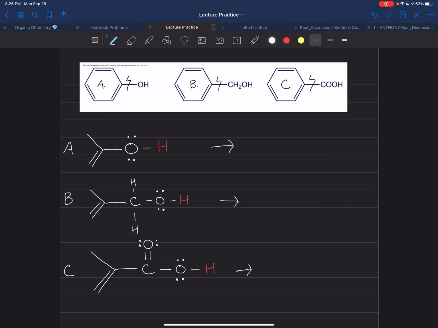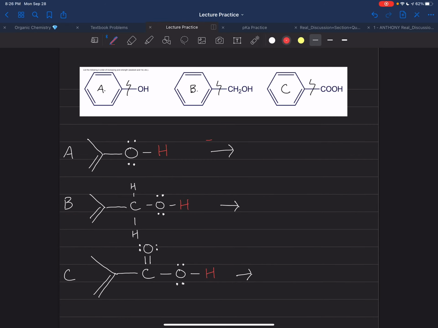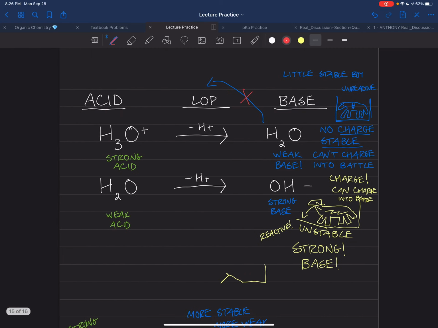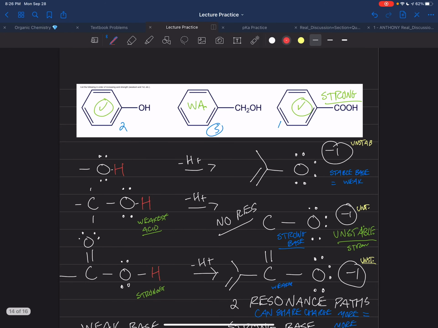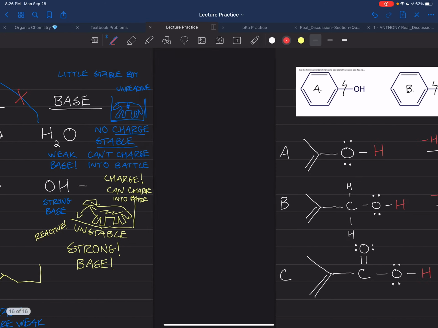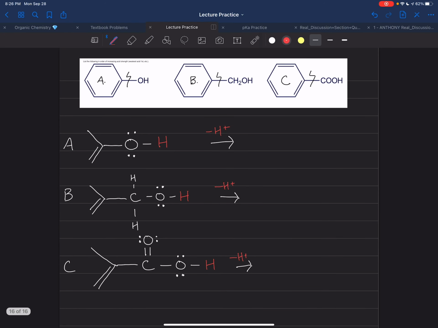So we're going to lose a hydrogen, well, a proton. And what is this going to become? Well, what this will become on this side is we're really just going to be left with our oxygens on the very end. So this oxygen,